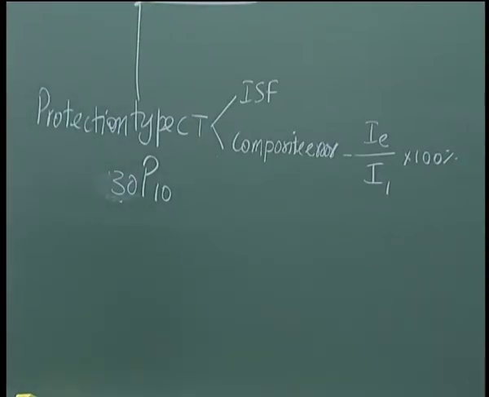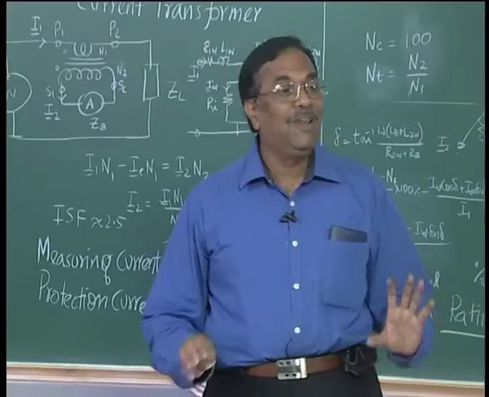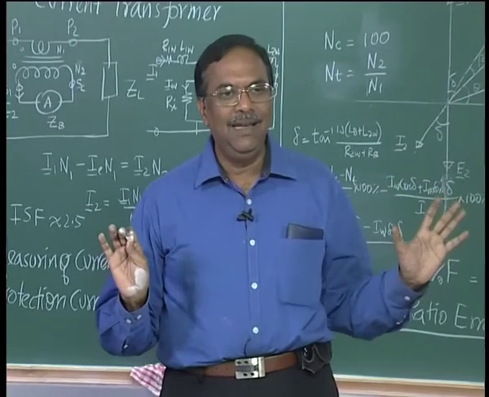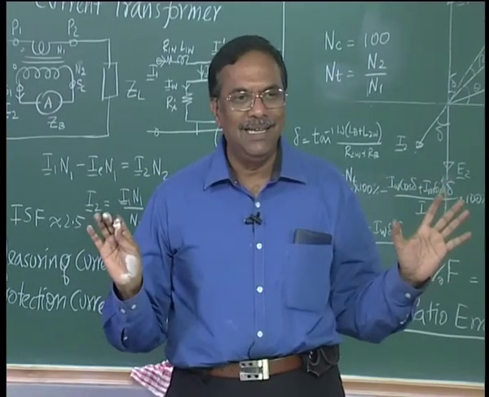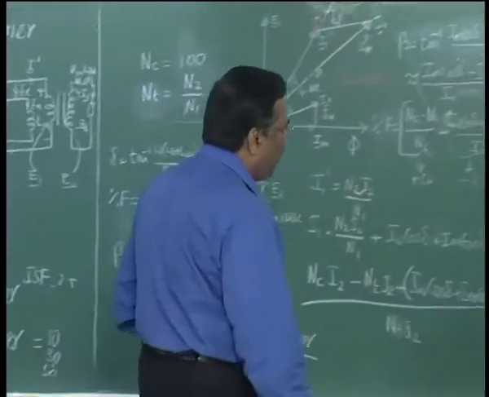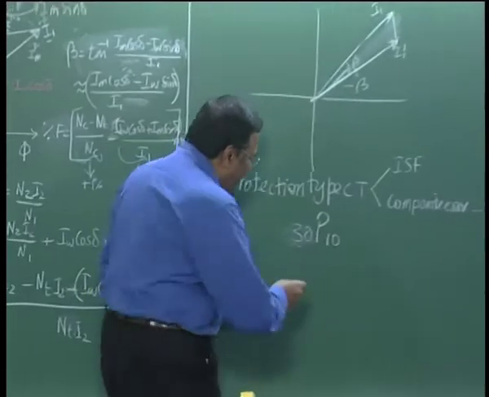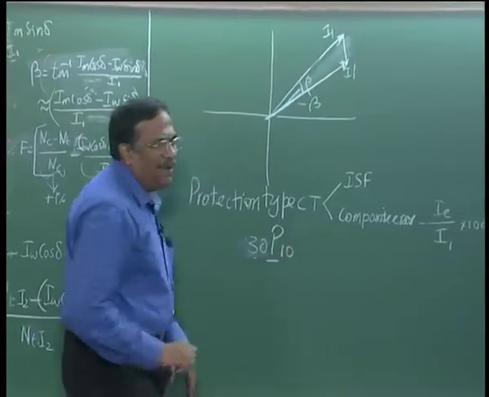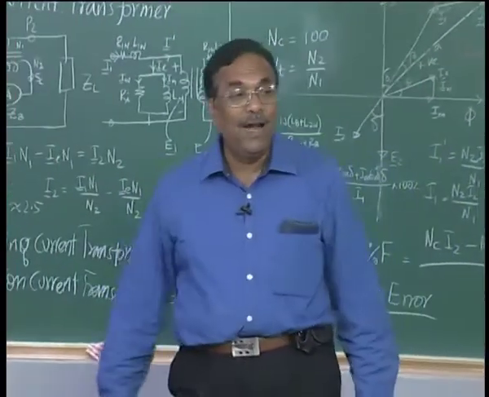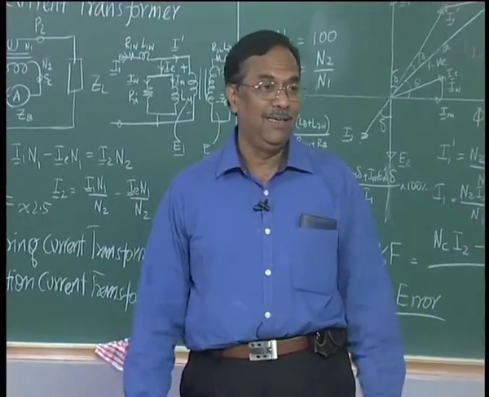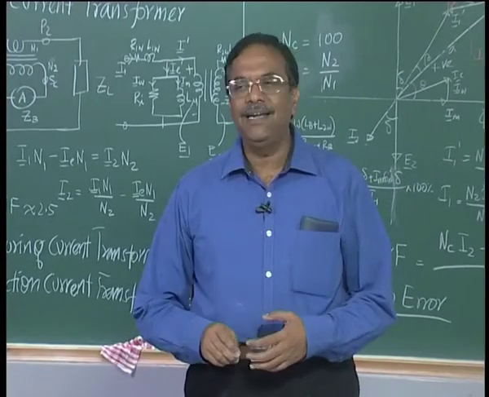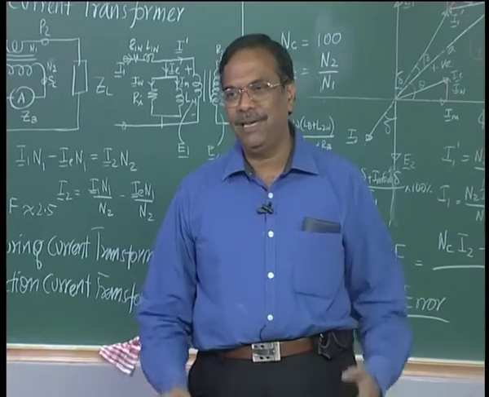It simply says ISF is 30, the current transformer will faithfully reproduce up to 30 times the nominal value of the current, and the error at that point is 10%, right. The error at that point is 10%. The very fact that the manufacturer provides the letter P in the specs and does not provide ratio error and phase error nominally, right, means the CT that he is making is a protection type CT,